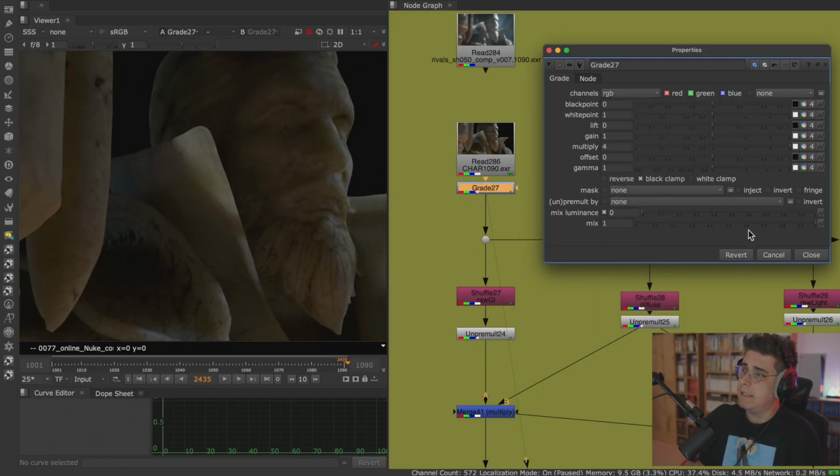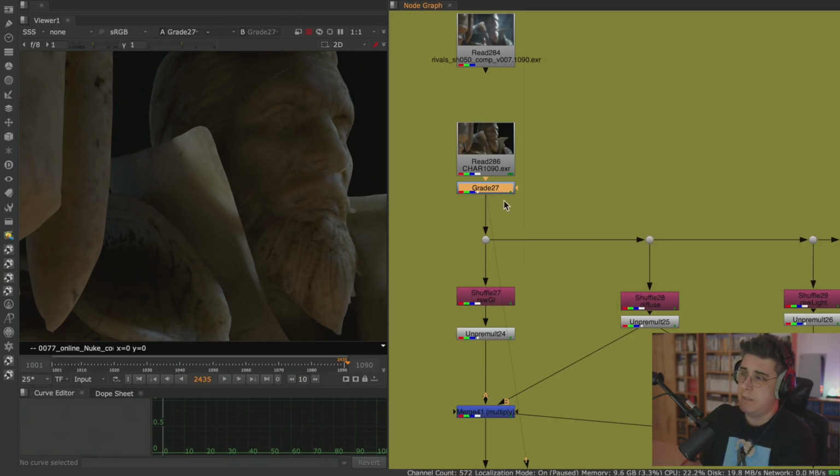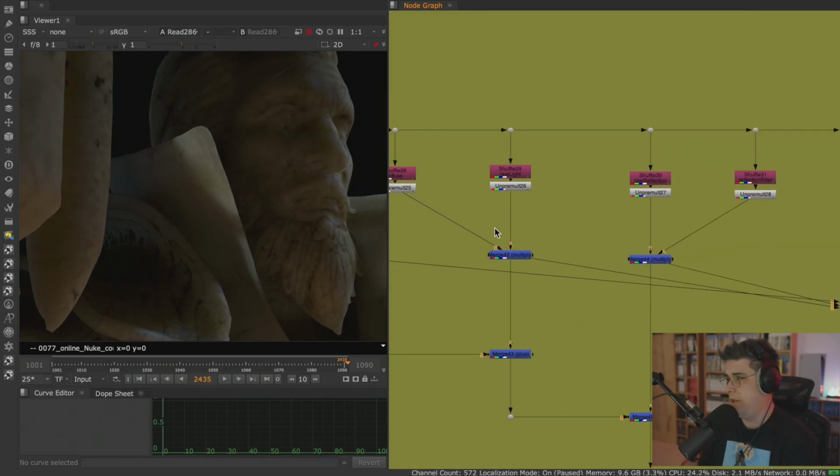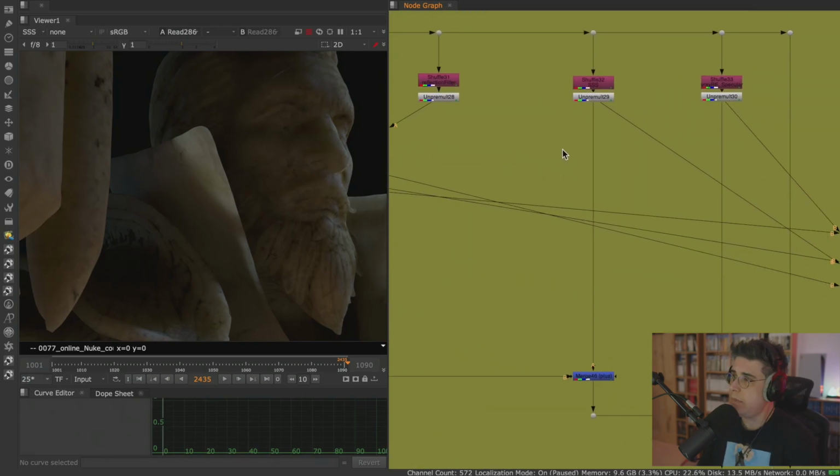And a lot of times we do a rebuild because we want to tweak something. So what's the point of this? Well, I'll show you what you can do with something like this. For example, here's the subsurface scattering alone. And now if I put a merge node here, just on the subsurface scattering, for example,